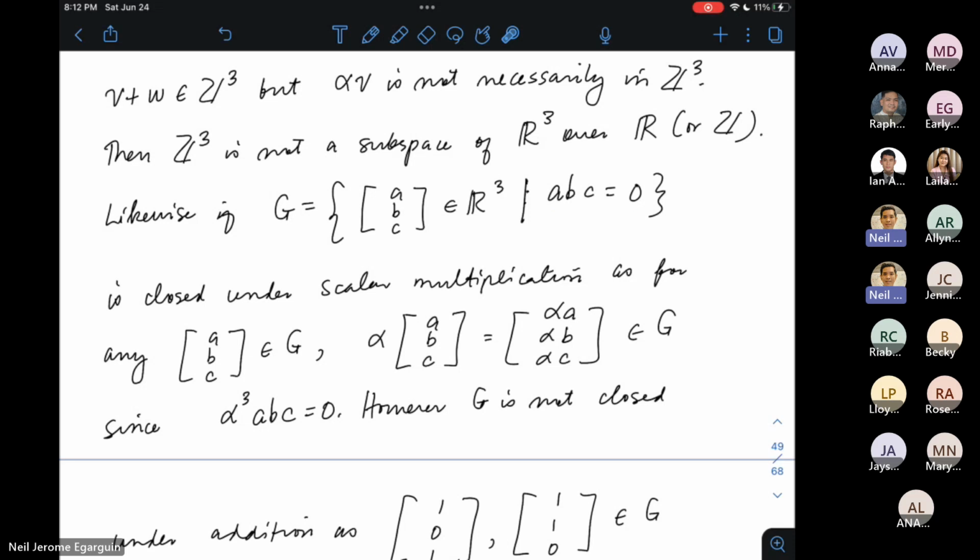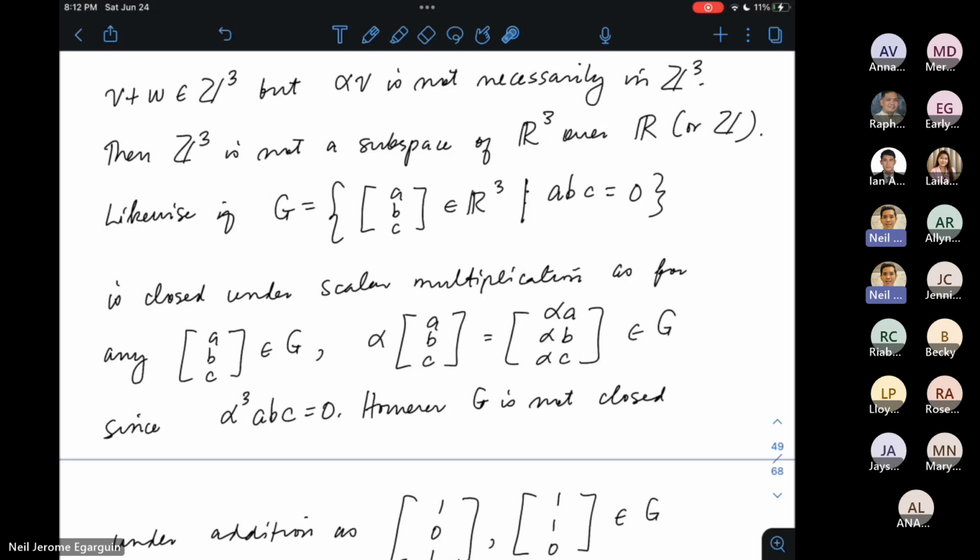Now, before even thinking whether G is a vector space on its own, we need to check closure first. Bago nyo i-check yung mga properties ng pagiging vector space ni G, kailangan i-check nyo muna closed ba siya under usual addition and scalar multiplication, right? So, madali siya makita na closed siya under scalar multiplication kasi pag meron akong ABC na element ni G, ano nga ibig sabihin ng pagiging element ni G? Yung product ng mga components ay equal lamang kay 0, right? Pag nag-multiply ako sa kanya ng scalar alpha, right? Kasi gusto kong i-check kung closed ba siya under scalar multiplication.